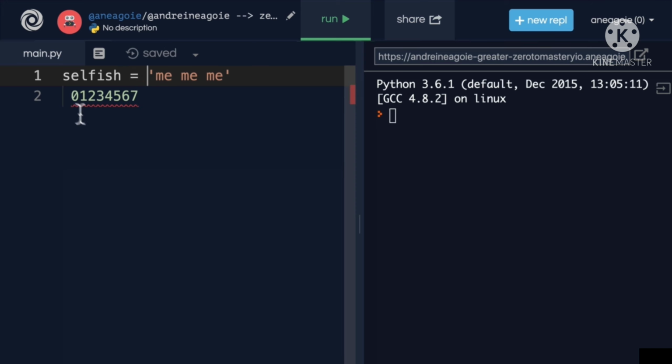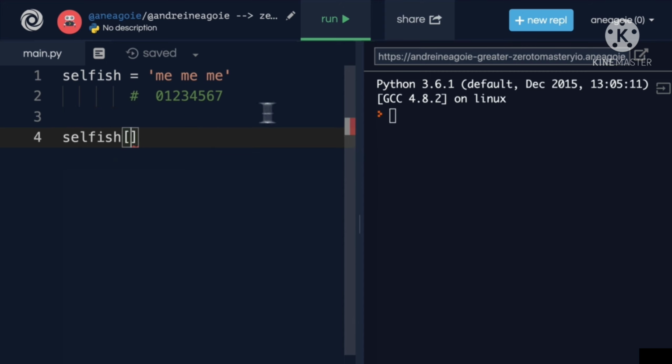And selfish has me. I'm going to comment this out just like this. Make sure it's aligned, okay? And what I'm going to do here is say selfish and then square brackets and then type in 0. Now, if I print this